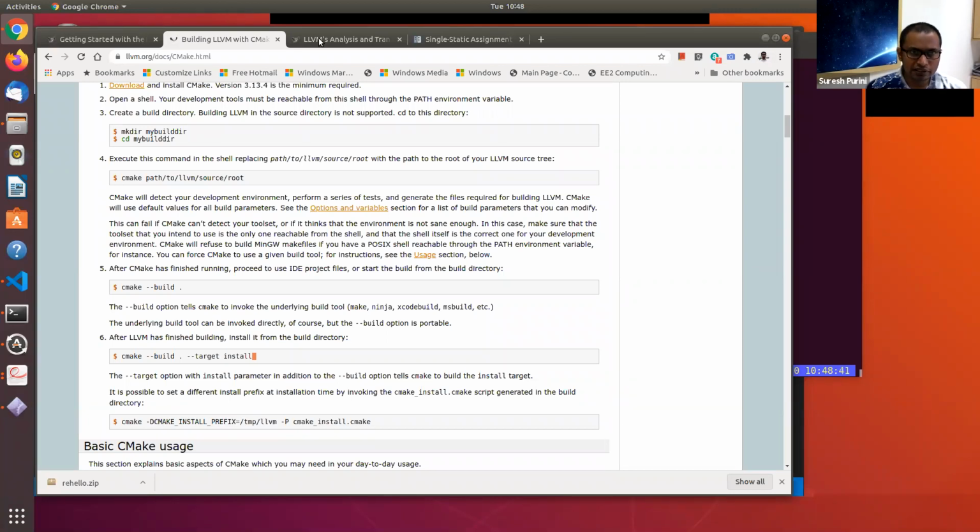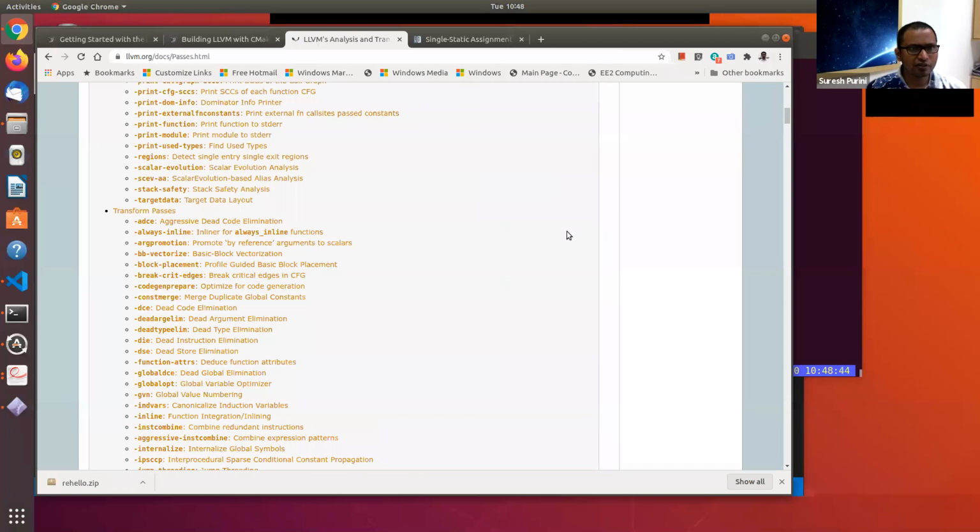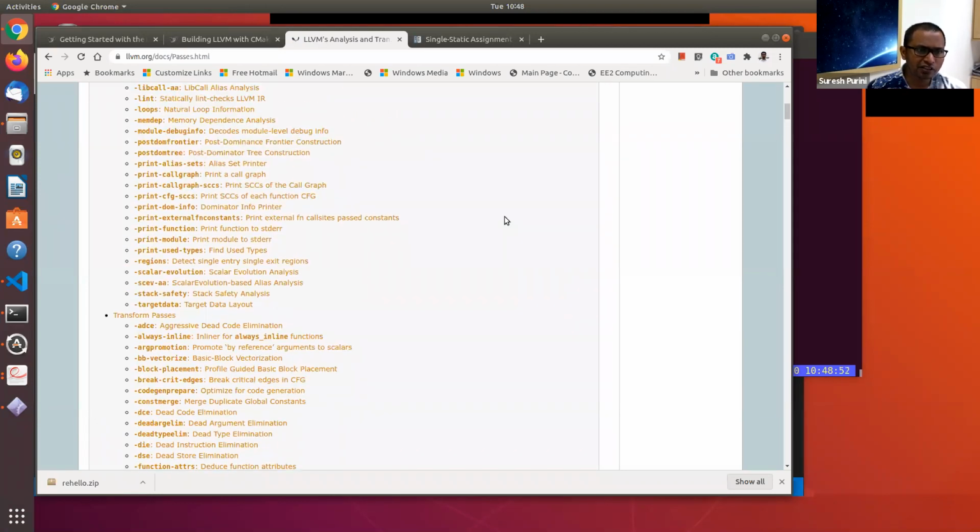The third place doesn't make sense in its entirety, because there are a whole lot of analysis passes and transformation passes. But visiting this page once, bookmarking it, and visiting it on and off to get information about many things will be useful.